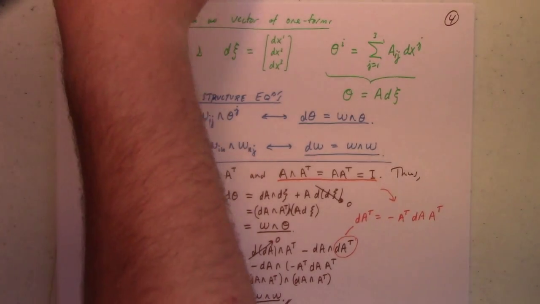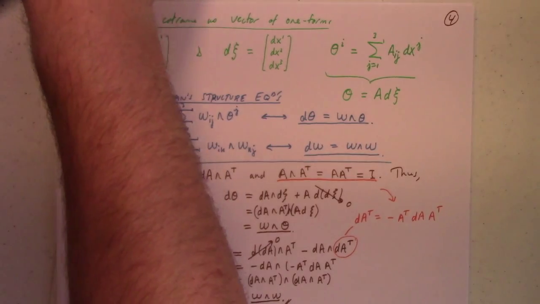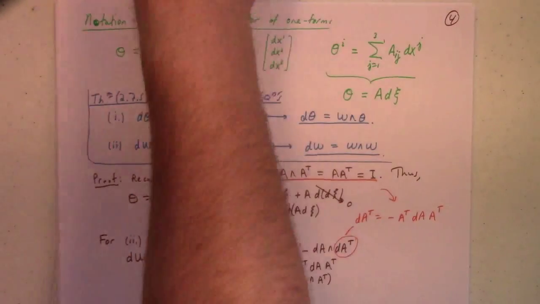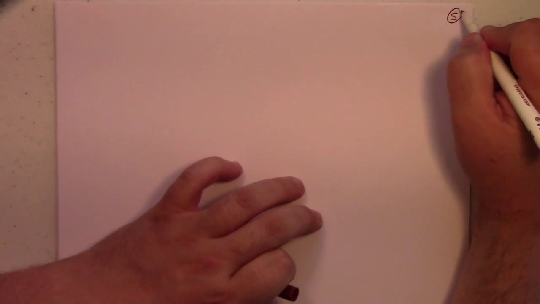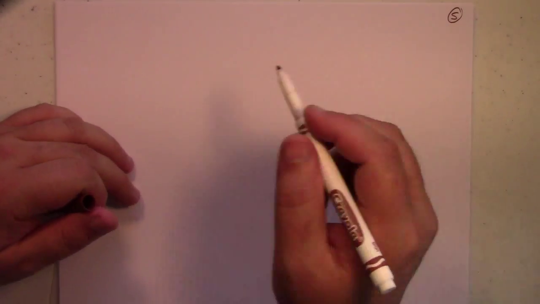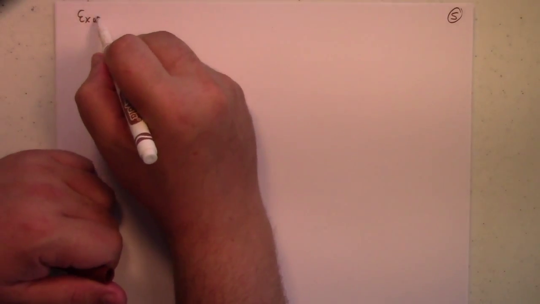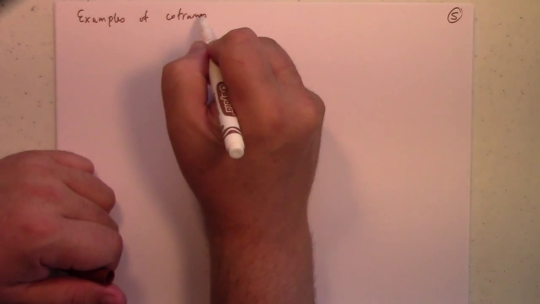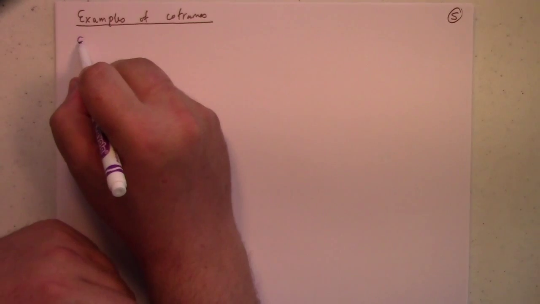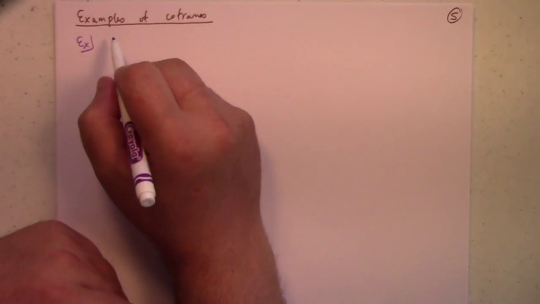Now, of course, all this together, we'd like some examples. So let me show you a couple, and then we'll be done. It's actually a pretty short lecture as they go. So some examples of coframes. My examples are not that imaginative at the moment, but one example that you could look at would be